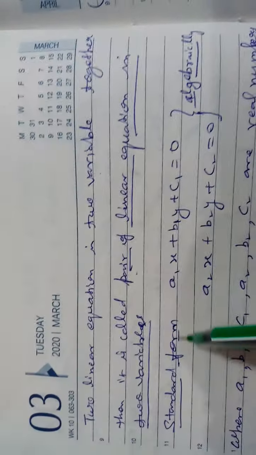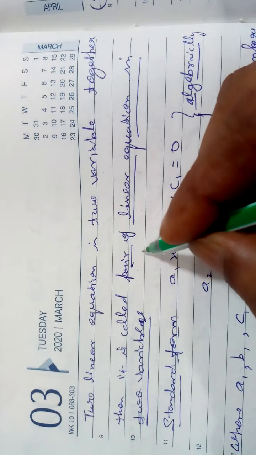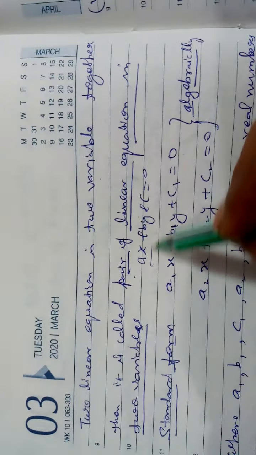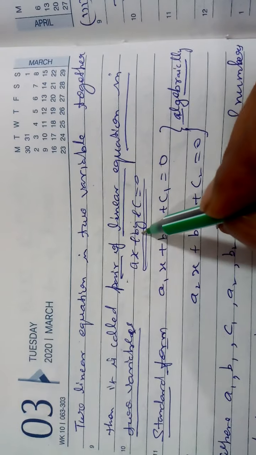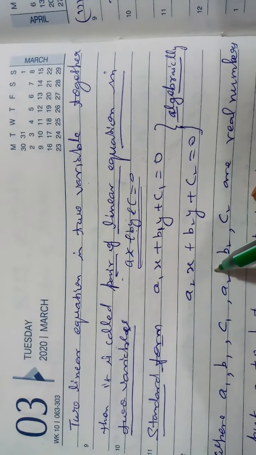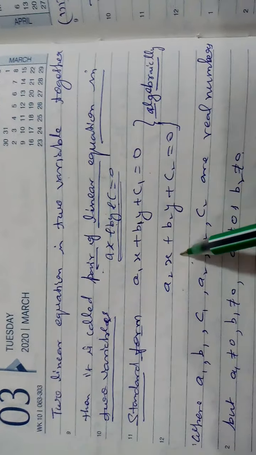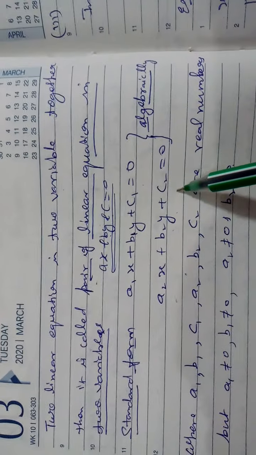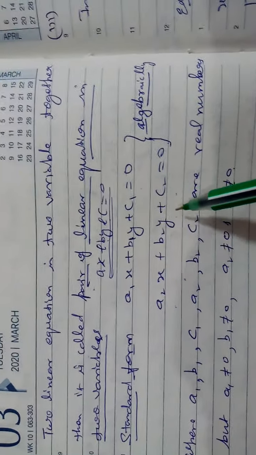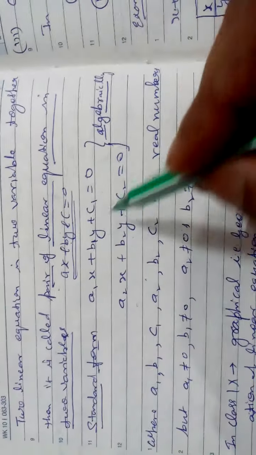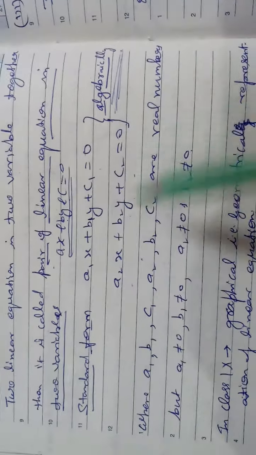So here you are seeing the standard equation is generally ax plus by plus c equal to 0. For this you are getting 2, meaning a1, b1 and c1 will be changed, x, y as it is. So a1x plus b1y plus c1 is equal to 0, a2x plus b2y plus c2 equal to 0. It is called simultaneous equations. Together you are taking them simultaneously on the same plane. This expression is called the algebraic expression in the form of variables.